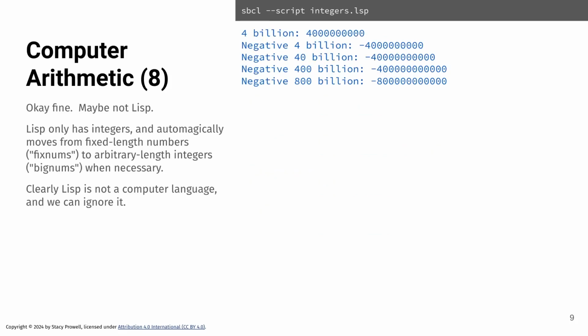Okay. Well, we get the correct results. So what this means is that Lisp is not a programming language, and that's fine. Clearly, we can ignore it as a result. In reality, what's happening here is that Lisp has a notion not of 32-bit integers or 64-bit integers, but of